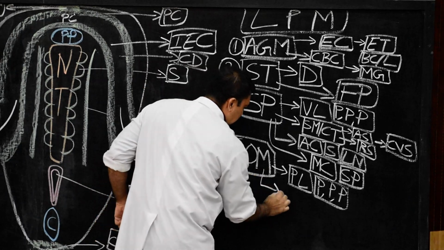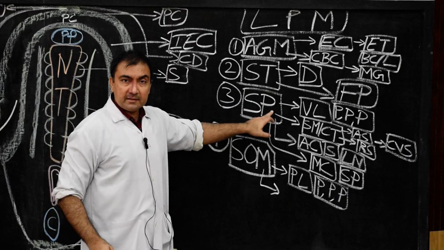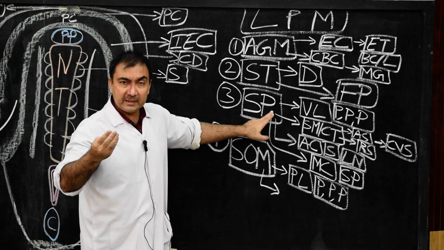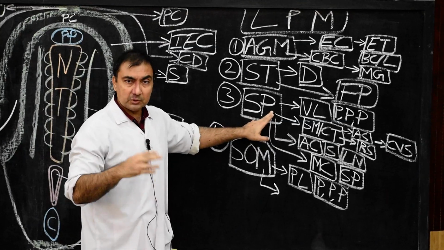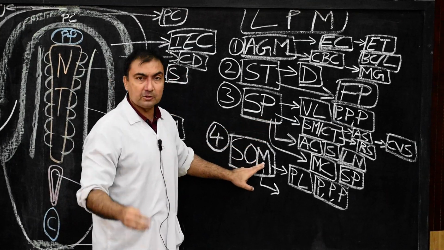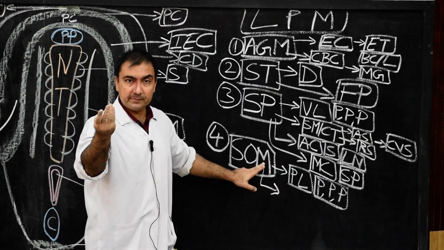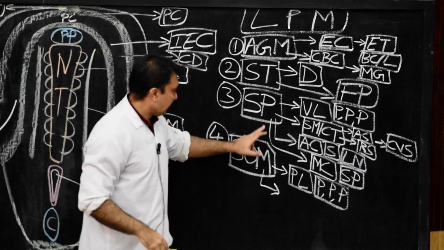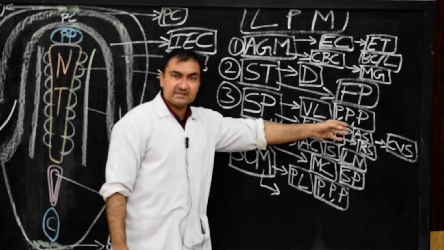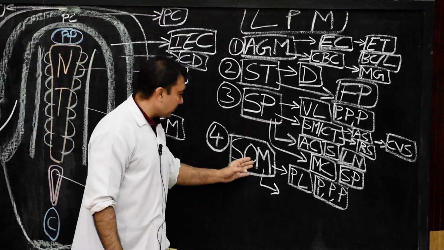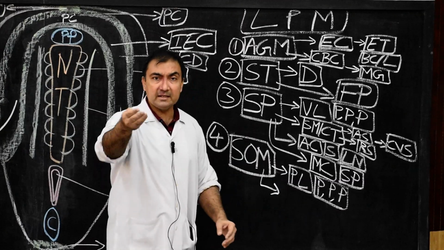Similarly here, they are called the splanchnopleuric layer of lateral plate mesoderm or the splanchnopleuric layer of the intraembryonic mesoderm. Both are one and the same. Or this is also known as the somatopleuric layer of lateral plate mesoderm or the somatopleuric layer of the intraembryonic mesoderm. Both are one and the same. But see the difference. The splanchnopleuric layer will develop into the visceral layers of the three cavities, and the somatopleuric layer will develop into the parietal layers of these three cavities.